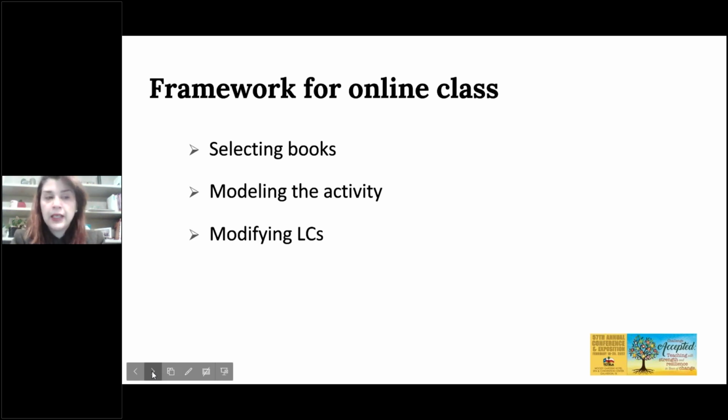For example, in a traditional form of literature circle, we all know that the students are divided into different groups, and each group has one book, or they have different books. But in